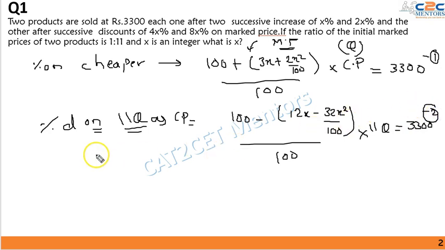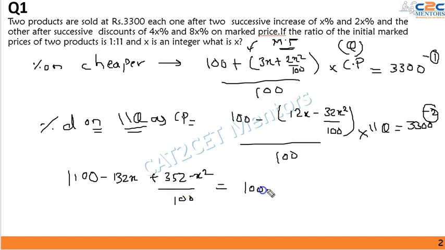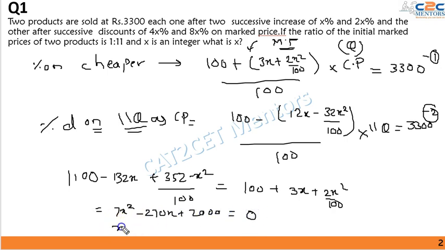Now equating 1 and 2, we will arrive at this equation: 1100 minus 132x plus (352 minus x square) upon 100 is equal to 100 plus 3x plus 2x square upon 100. And on solving or simplification, 7x square minus 270x plus 2000 is equal to 0, or x is equal